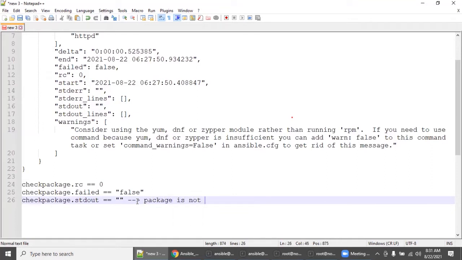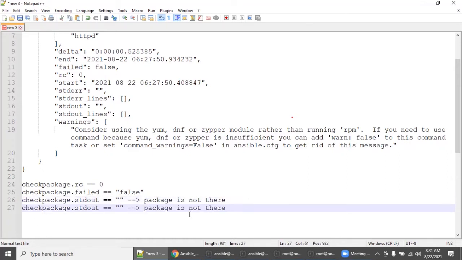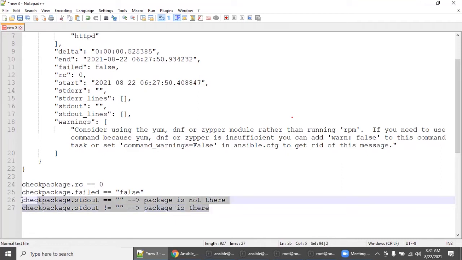I'm just helping you with what all methods you can define this condition. The same, with a small difference, say here not equal to null, because if it is not empty, that means the package is there, correct?